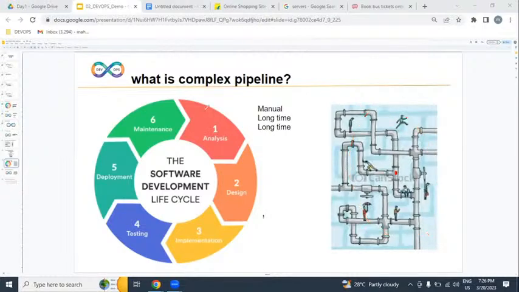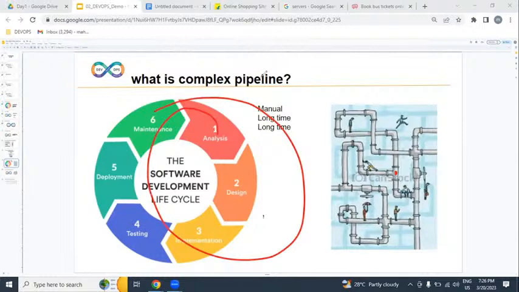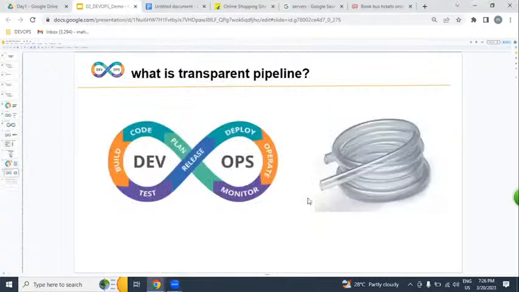In the same way, this SDLC process is also complex. But what we are expecting is to replace it with what? A transparent pipeline. Everything is the same, but it is an automated, transparent pipeline. So if we get the same issue, at one look we can identify it, within the shortest time, and give a solution within the shortest time. That means we can deliver in the shortest time, the cost is reduced, and quality is increased.